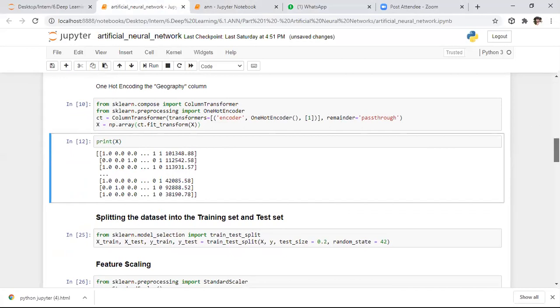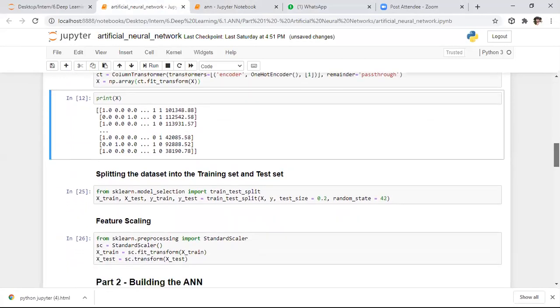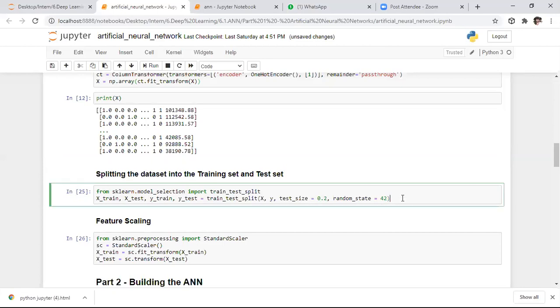After pre-processing the entire data set, what do we need to do? We need to split our data set into training and test set. To split the data set with train test split, we need to use the model selection family. From the model selection family, we have the train test split class, which we are importing. After that, we are splitting our data set into training and test set. Here I am considering 20% of data to test the algorithm working, and the remaining 80% of data I am considering to train the machine.